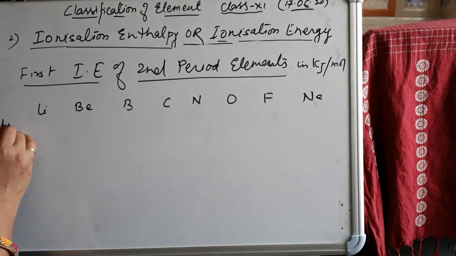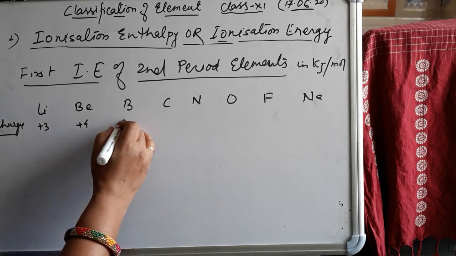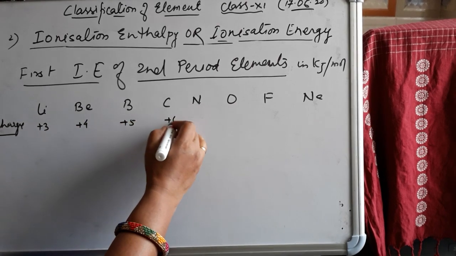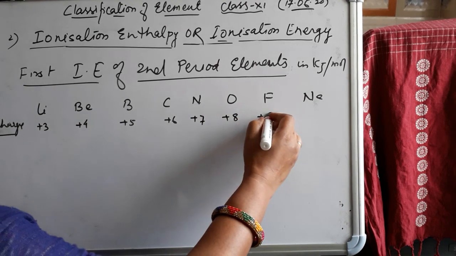The charge present, meaning protons present, is 3, 4 protons, 5 protons, 6 protons, 7 protons, 8 protons, 9 protons